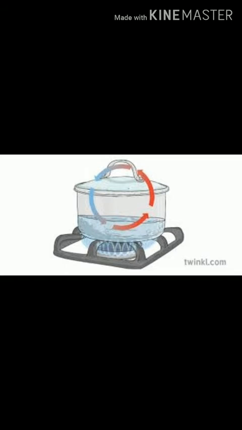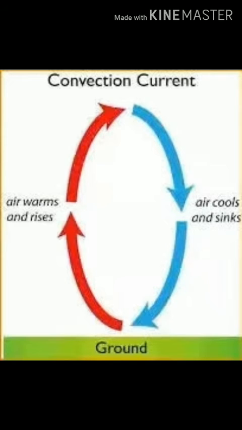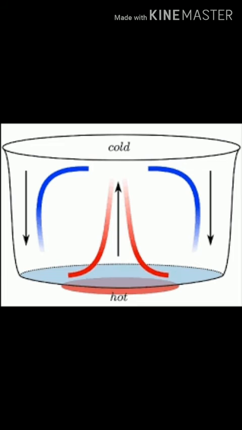The second process is the convection process. Heat is also transferred by the convection process. Let's see how. To understand this process, take the example of water. The method of transferring heat by the movement of the particles of a substance away from the source is known as convection. It takes place only in liquids and gases. On heating the water, the part of it near the flame gets heated up and expands, due to which it becomes less dense and consequently rises up.